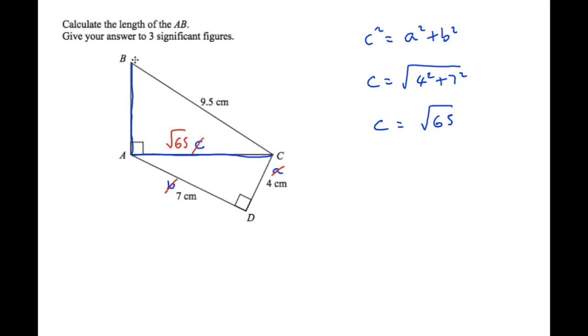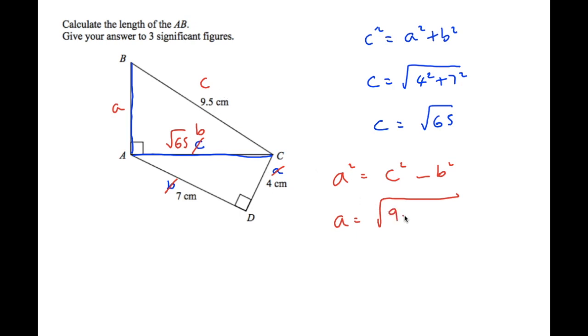We have now got another right angle triangle and we have got 2 known sides. We can use those 2 known sides to find the unknown, AB. Now label side C first, label the hypotenuse opposite the right angle, so that's C. Let's call this one A and let's call this one B. In this case we are looking for side A, a short side, so A squared is equal to C squared minus B squared. So A is equal to the square root of